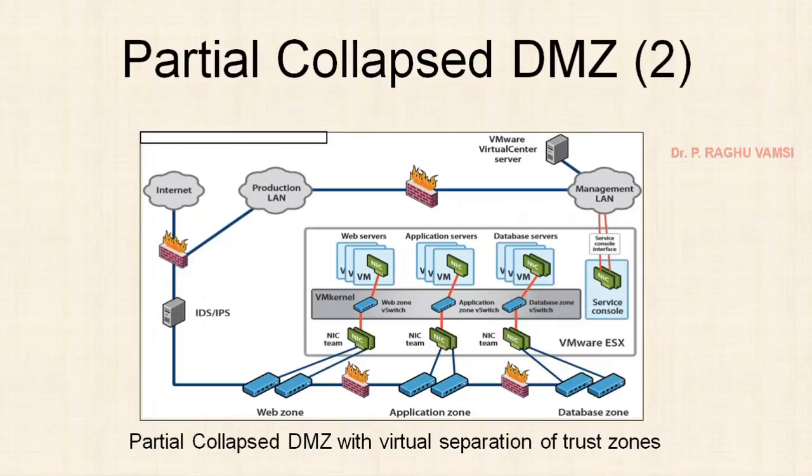This is the partial collapsed DMZ with a virtual separation of trust zones. So the trust zones were separated like this. Previously, those were outside. Now it was built in, taken into the virtual machine. So we have seen in the